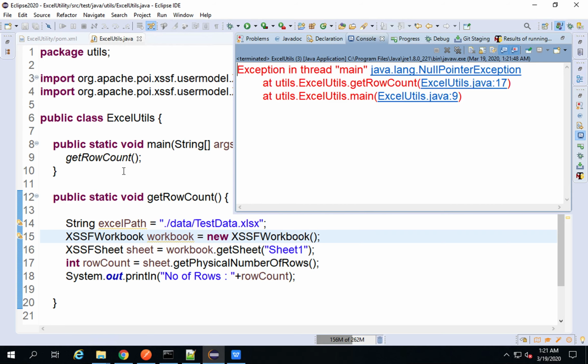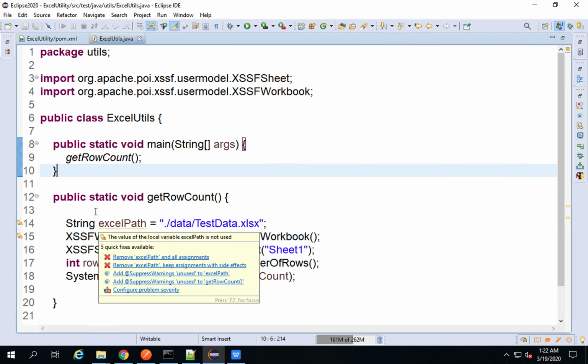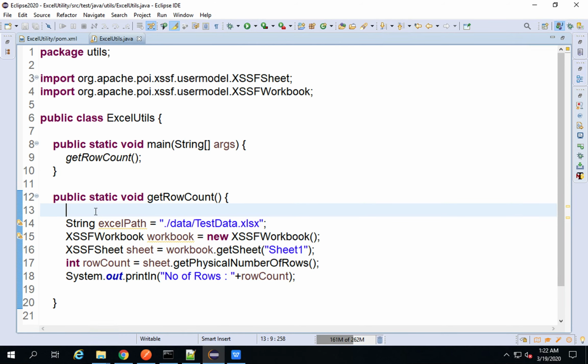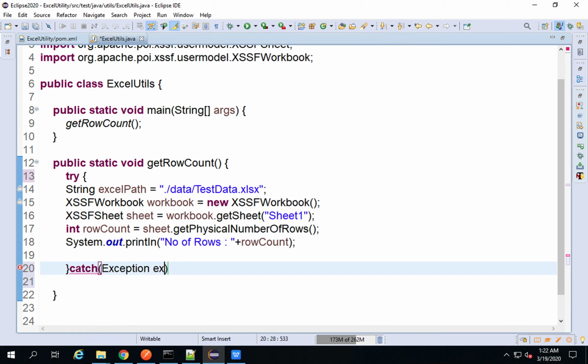So here, okay, I think we have to add a try catch block here. I will add a try and then close the try block and add a catch block and catch the exception here. I will say Exception exp, and then